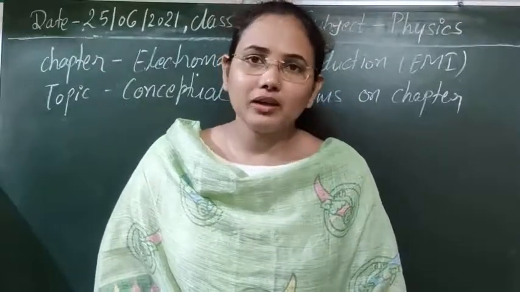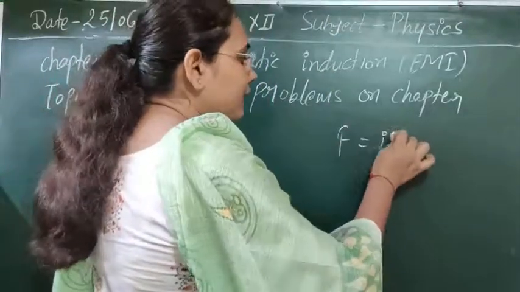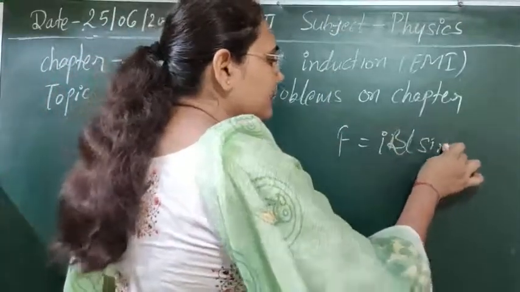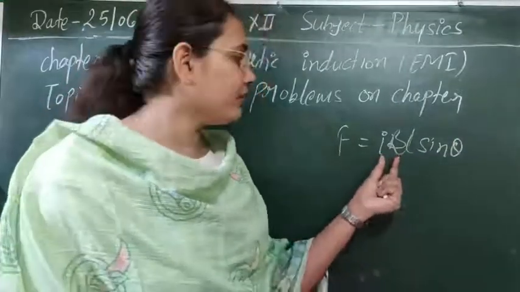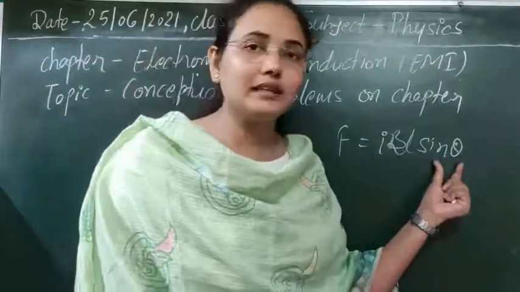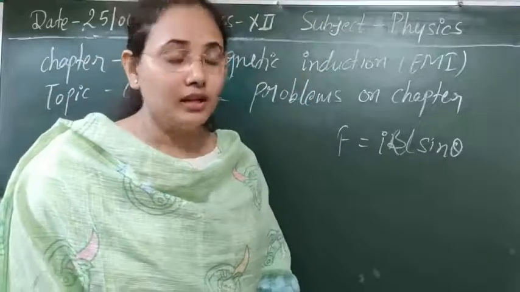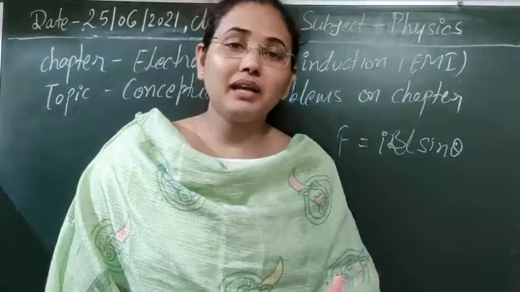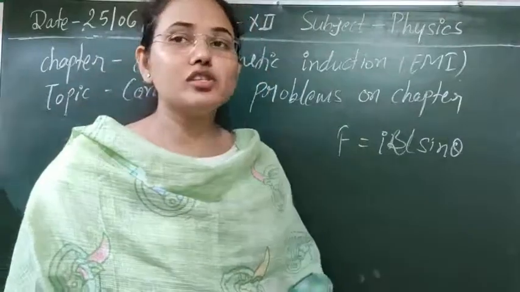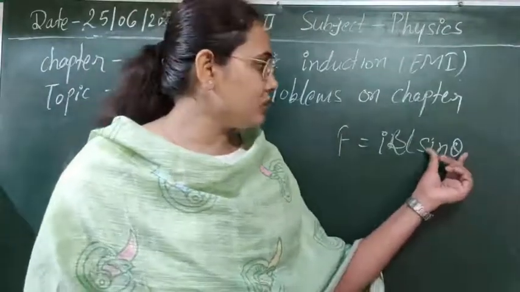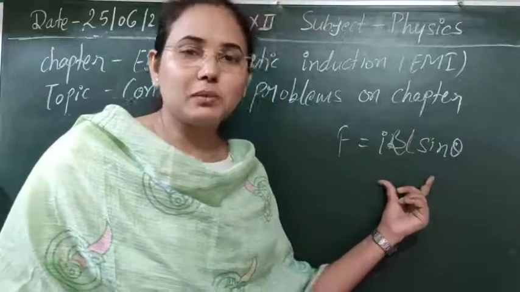As you know, the Lorentz force for a conductor is given by I B L sin theta, where L is the length of the conductor, B is a uniform external magnetic field, I is the current flowing in the conductor, and theta is the orientation between the current element and the magnetic field. It is given that the current element is moving parallel to the magnetic field, which means theta is 0 here. For sin 0, you know its value will be 0. So no force will be experienced by the conductor.